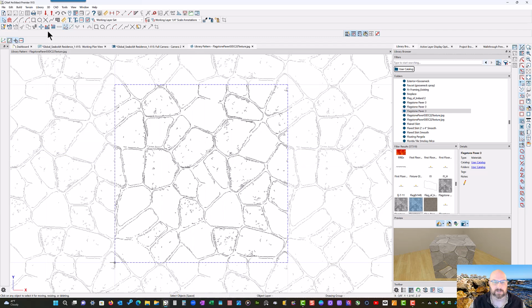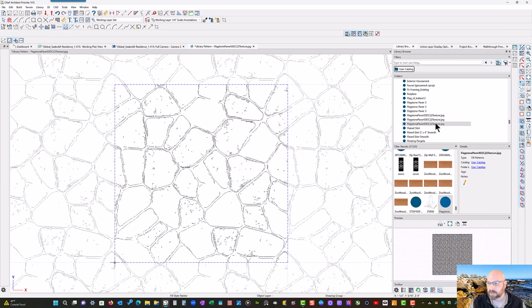you, there's this little tool right here. I added the toolbar buttons for the pattern window so that they're all right here rather than over here in my child palette. I put them all easily reachable. So I customized my toolbars and put them all up here. So there's this one right here with the little pattern, the plus, and the little book, and that's to add it to the library. So when I click this, I can name it whatever I want. I'm just going to leave it this name, and you're going to see that it added it right here in my library. And obviously you'll want to put these in folders to better organize them, but